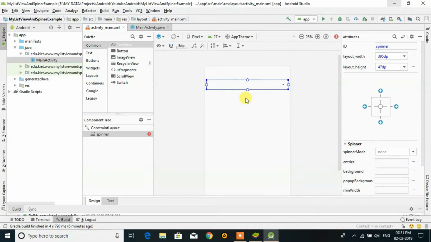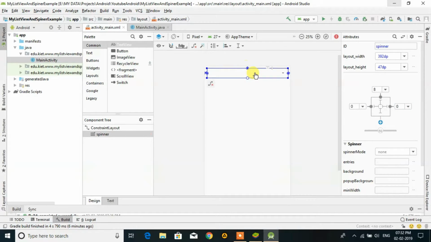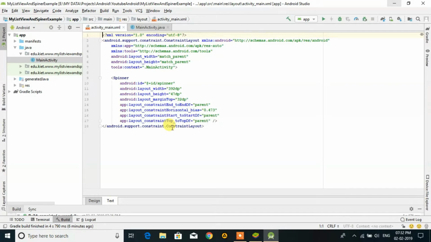This is the spinner, and we can set the properties of a spinner also. We can set it this way. We touch this point, and we can put it to 0 for full width. Here also we touch this way and give it 0 for full width. We can also touch it this way and drop down also. So here in list view we will display some information, so we can give match parent also. Match parent. Now the name of the spinner is spinner.